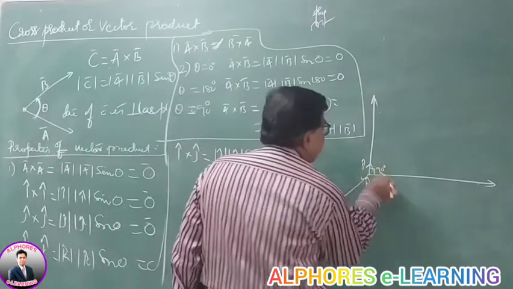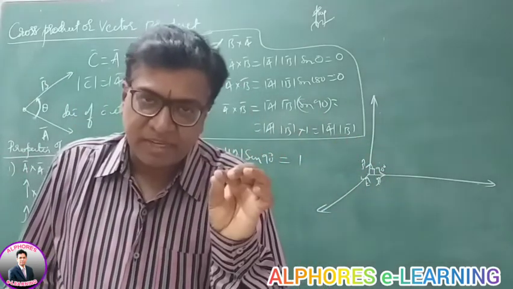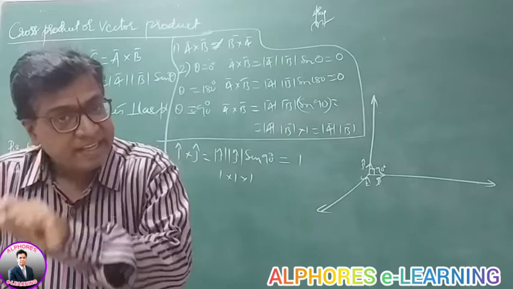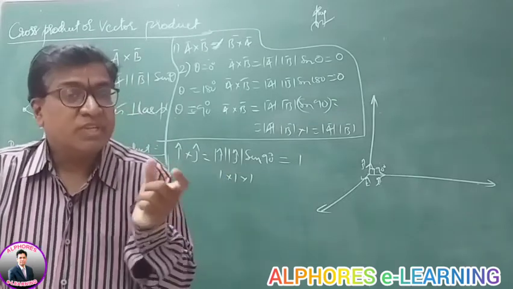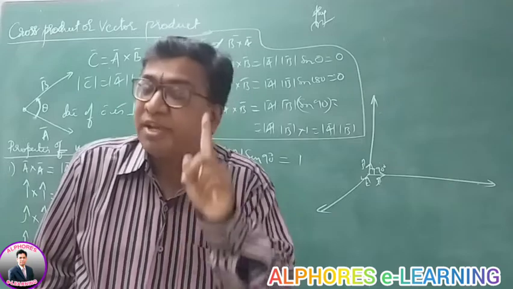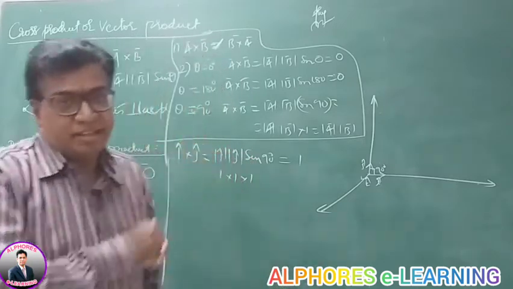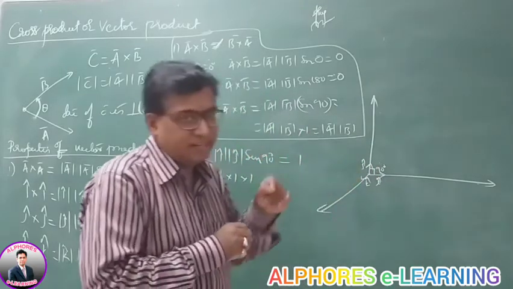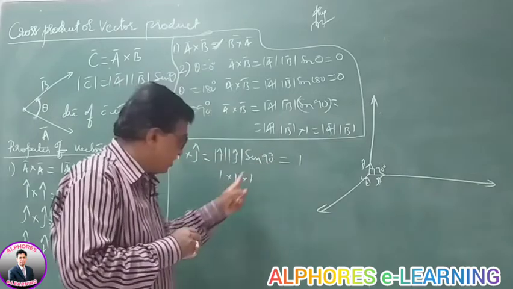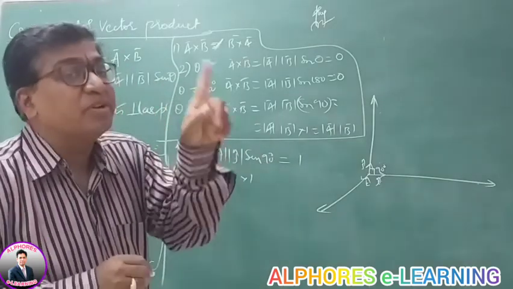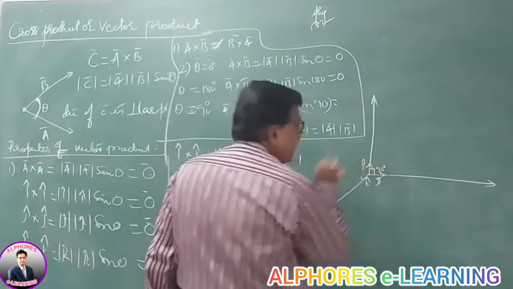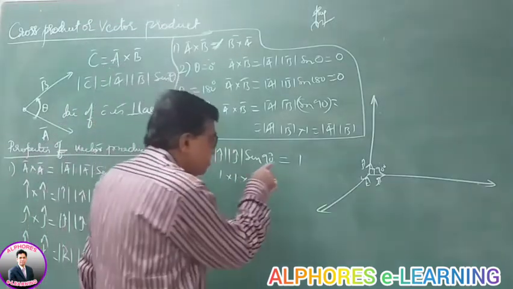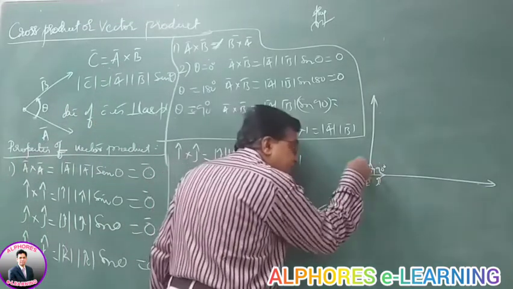So the direction of i cross j, whenever you take two vectors, the cross product A cross B is mod A mod B sine theta. Now the direction: it's a vector product, so it yields a vector. The direction of the cross product is perpendicular to the plane of both A and B and given by the right hand thumb rule. So if I take i and j, these both are perpendicular, so it's maximum. Now the direction is perpendicular to the plane of the vectors. The vectors are i and j, so perpendicular to i and j is k. So it is a vector of 1 unit magnitude perpendicular to i and j. So this is k.